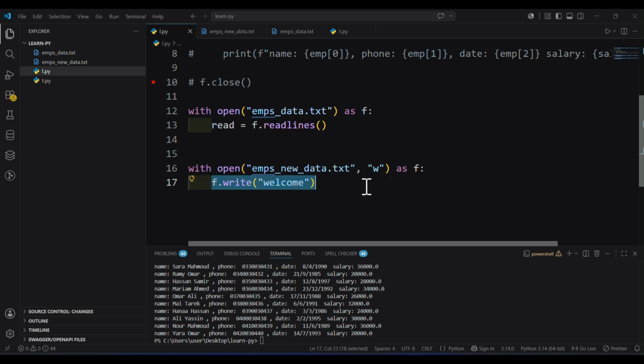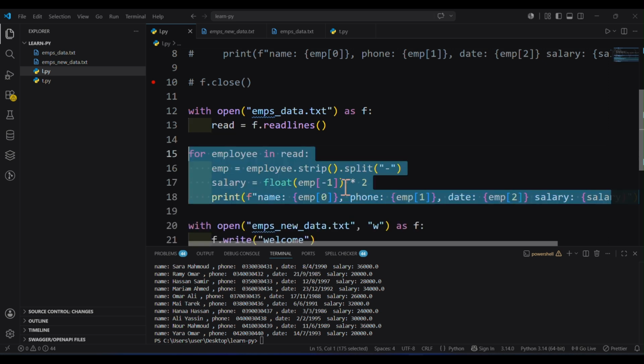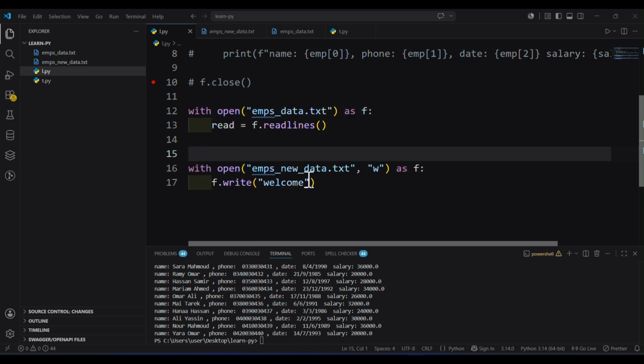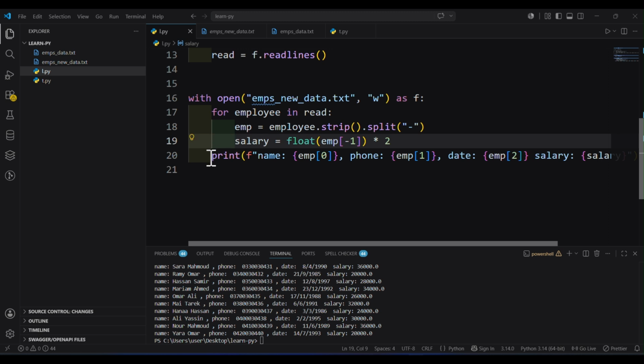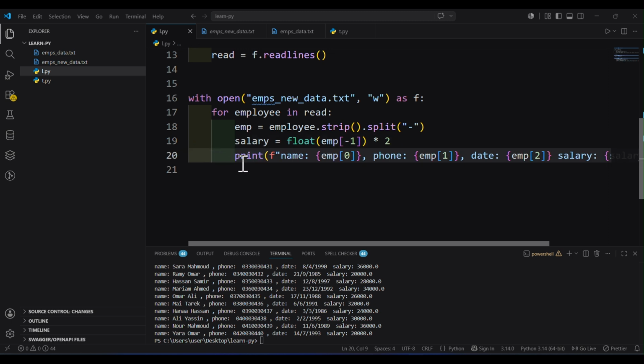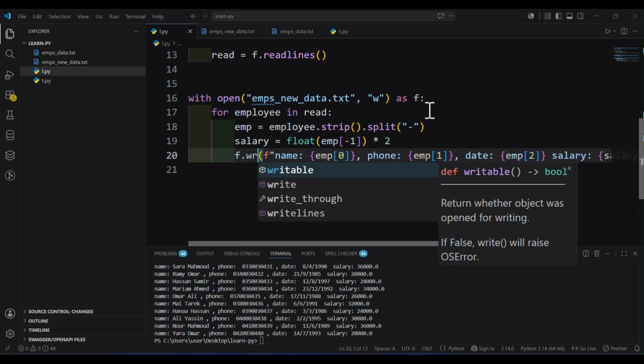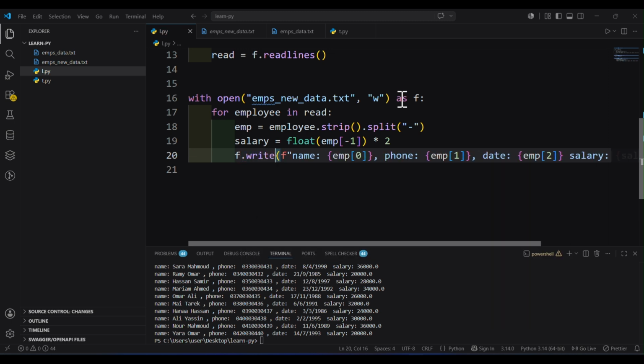So, okay, run. Paste this code, and then I don't want to print. Use f.write. Now f.write. If I run this code, python l.py,